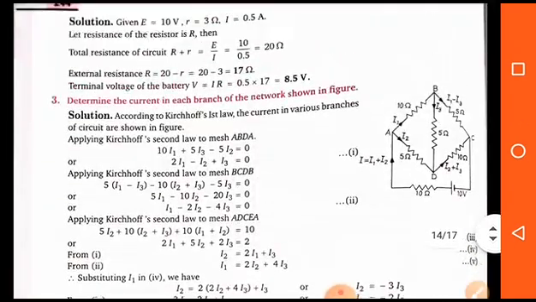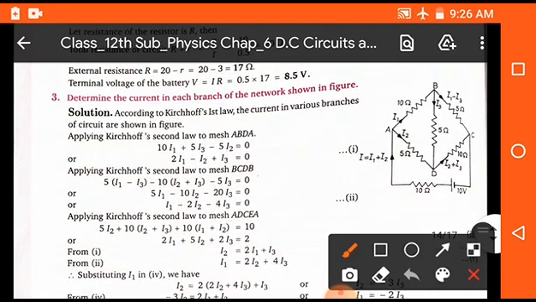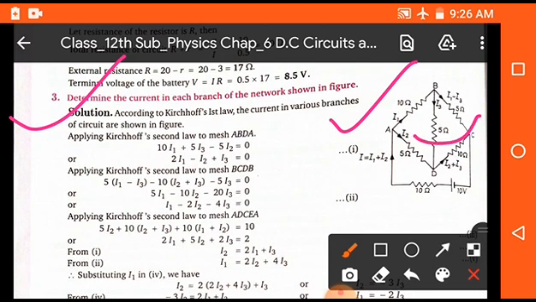Now students, we will discuss here a numerical problem of Kirchhoff's law. This is an example of Kirchhoff's law: determine the current in each branch of the network shown in the figure. In the figure, there is a circuit diagram where resistances of 10 ohm, 5 ohm, 5 ohm, 10 ohm and 5 ohm are connected in a circuit as shown, and currents